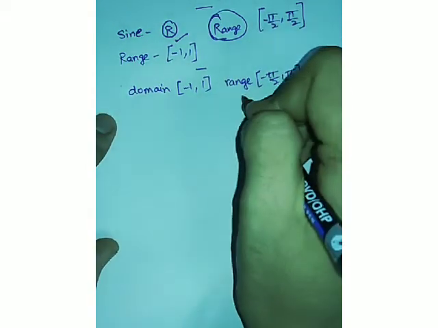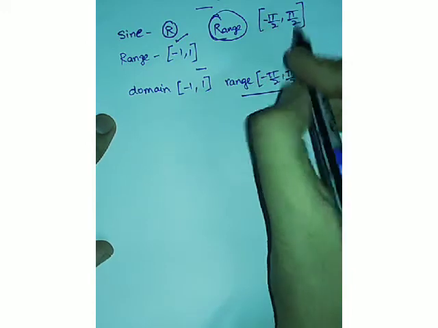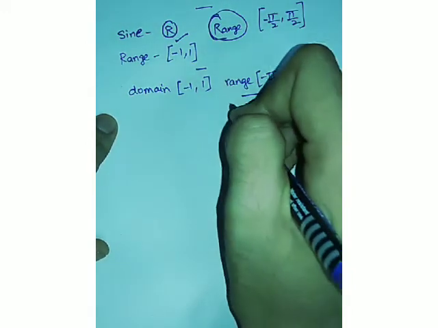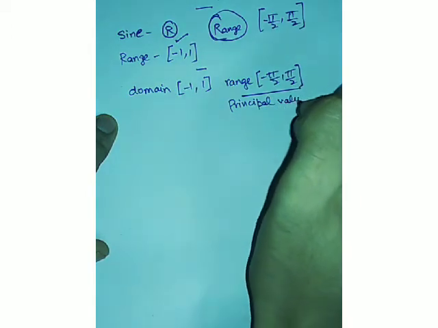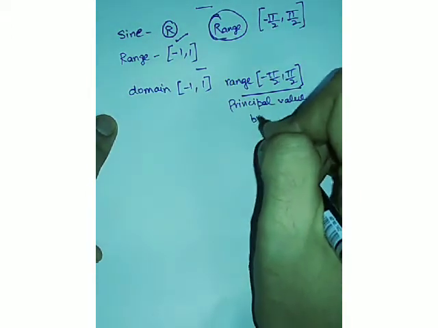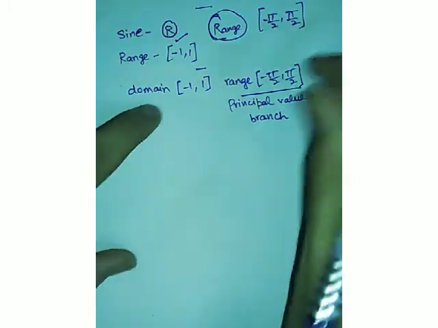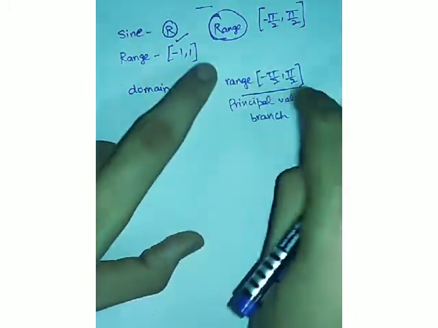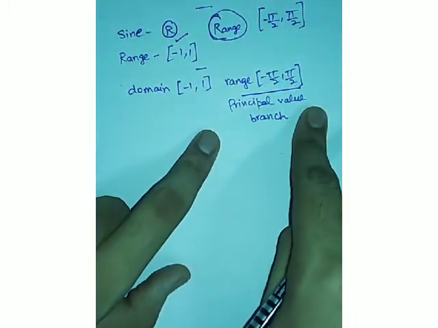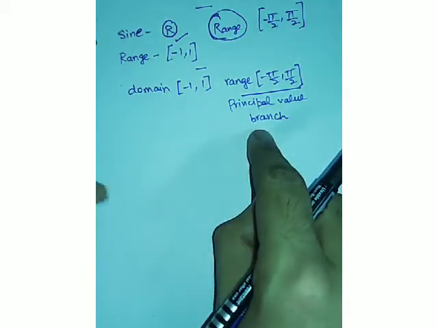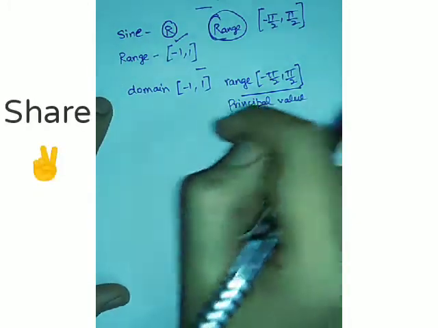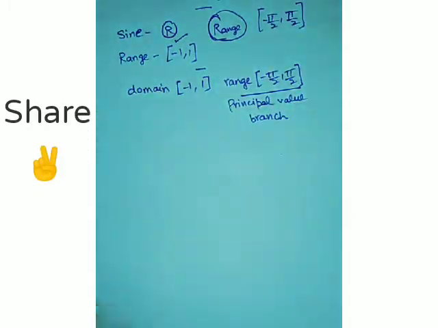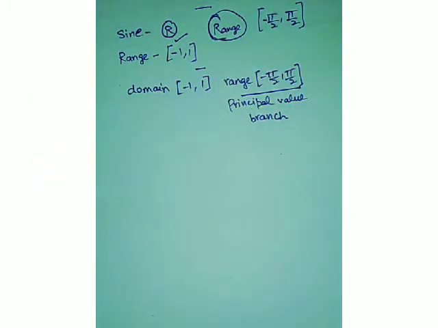Okay, now this range is also known as the principal value branch. Because this concept is going to be used in the first examples of first exercise, principal value branch, right? It means the range with the branch of this is known as principal value branch, and the similar is the case with all the other trigonometric functions, right? So the domain of sine inverse function is -1 and 1, and the range of sine inverse function is -π/2